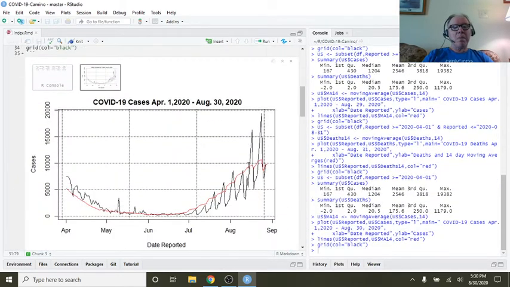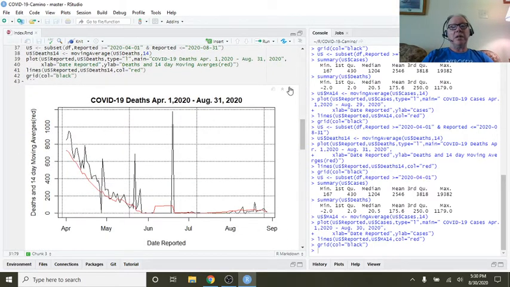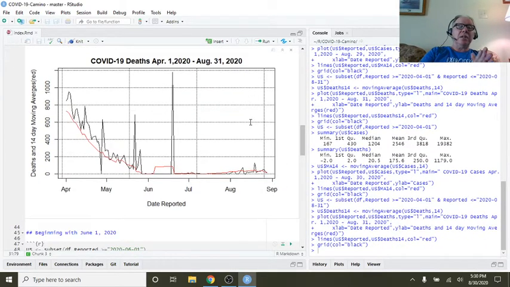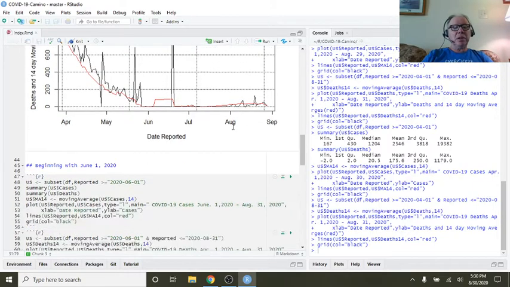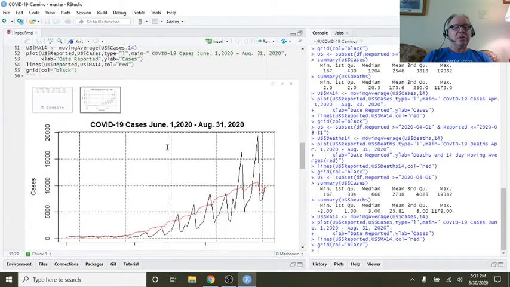Cases are continuing to climb. You got these spikes and dips. These could simply be a daily cycle, but nonetheless, clearly spiking up even more as far as cases. But deaths are continuing to stay flat. As you can see here, deaths all of April. Now let's take a look at cases and deaths since June 1st.